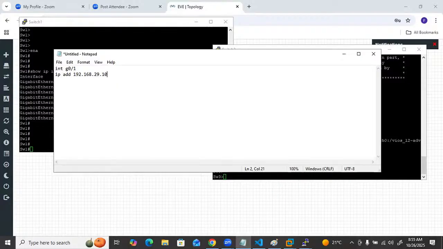Sorry, 29.101. No set. Then apart from that, username, that is admin. Privilege I gave 15. Password is Cisco 123. Then IP domain hostname is switch 1. Then IP domain name is cisco.com,